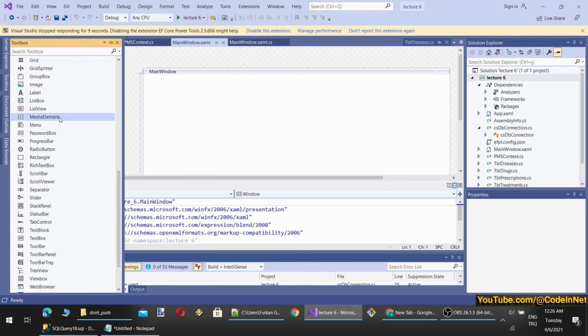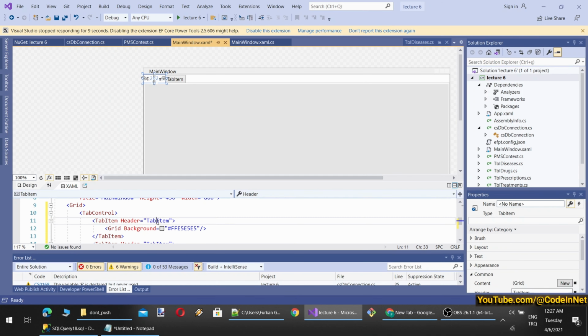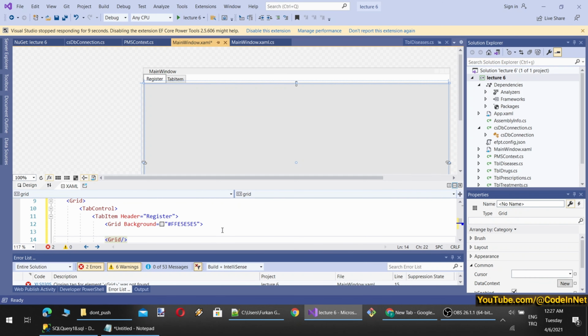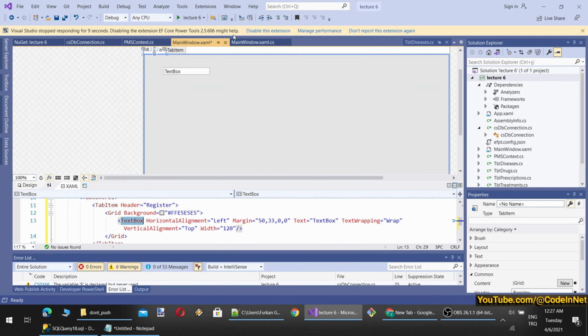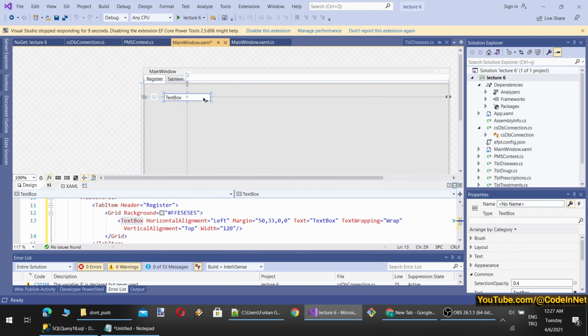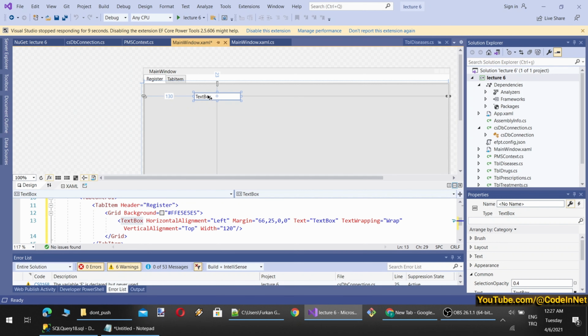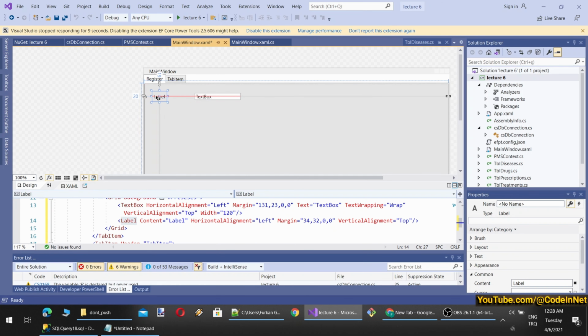For registering users, we are going to have several text boxes. We can also use a tab control if we want. So let's start with the tab item, and the first one we will name register. And here, let's make our grid like this. Now that we have that, let's put some things in. To properly position them, you can use grid layout. I won't be wasting time with that right now, as it is not our topic at the moment. So this will be username, or let's say first name.